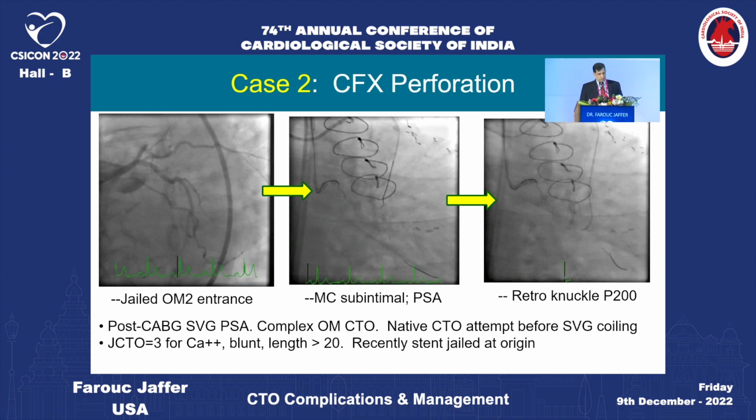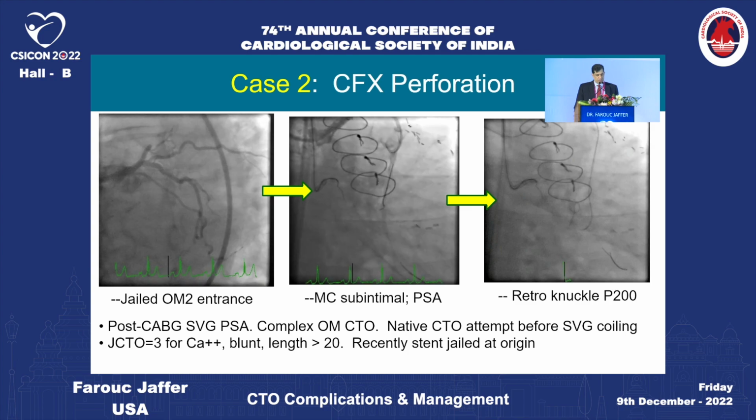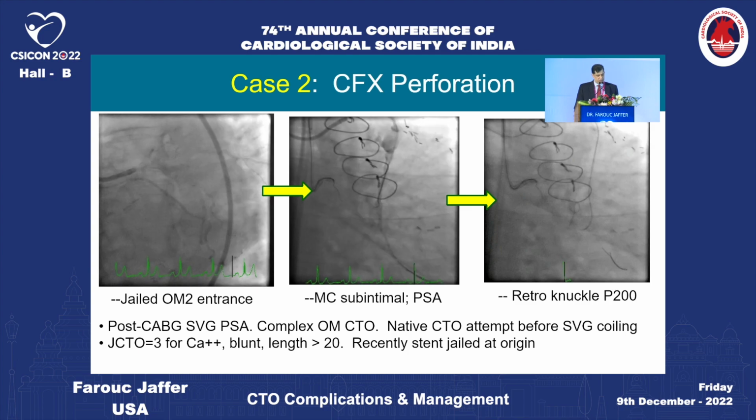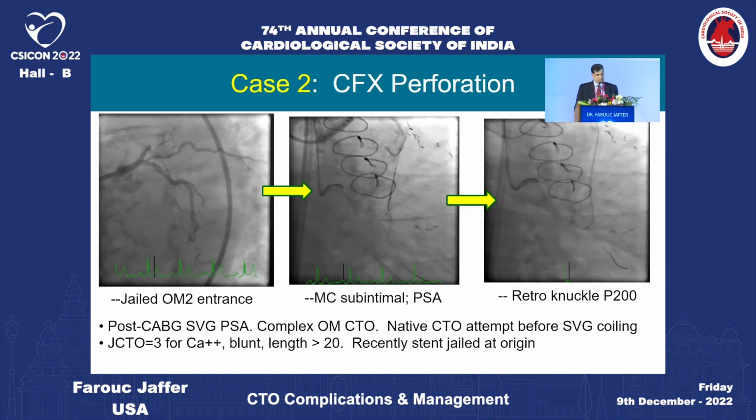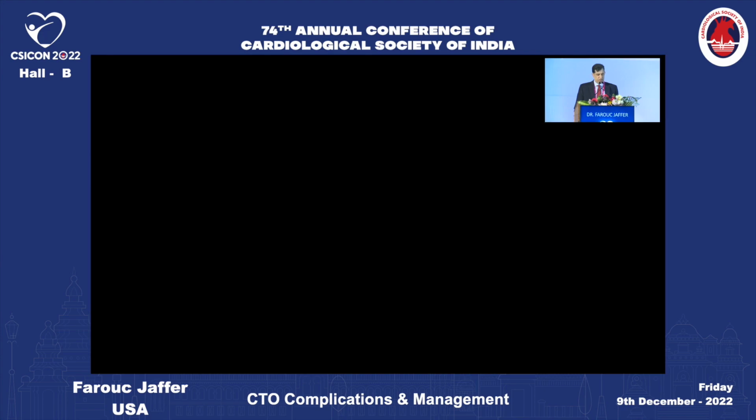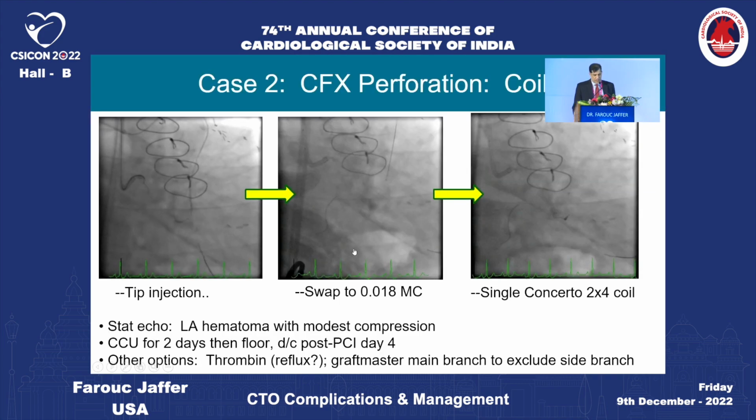Second case, we had a circumflex. These are, of course, always some of the hardest. We were approaching a complex CTO, stent jailed about the ostium. It had a retrograde inlet from a graft that had a pseudoaneurysm, and effectively that led to a retrograde perforation that was necessary to cover with coils. So I'll just conclude that